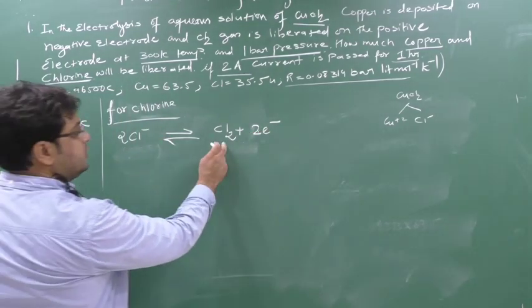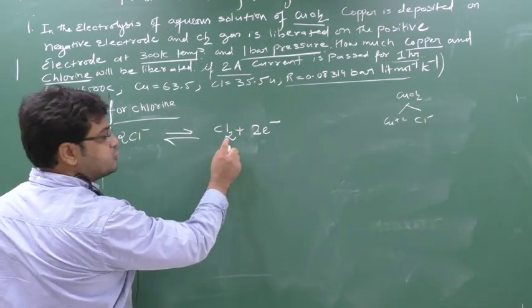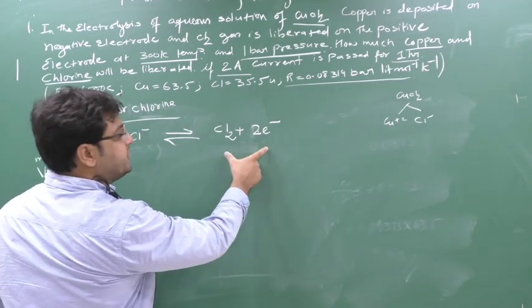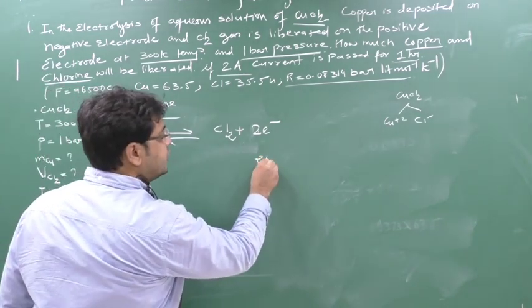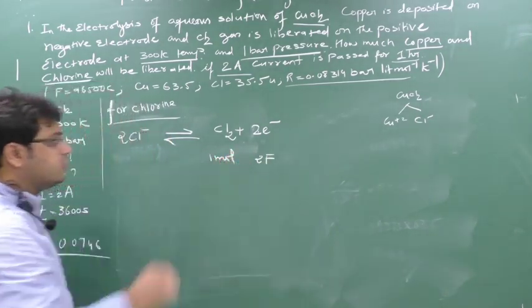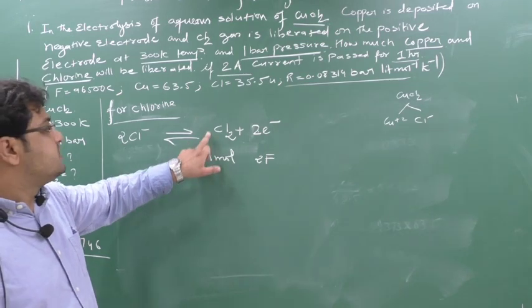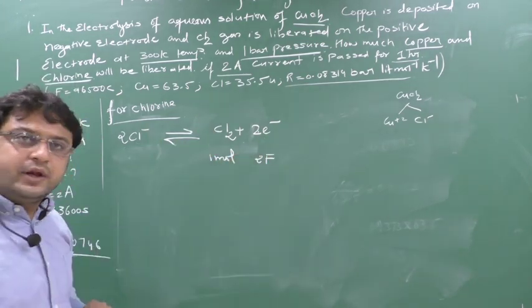Now I need this because this is a chlorine ion, and what is liberated is chlorine gas. So I have to develop the stoichiometry relation between these two. What will I write down? On supplying 2 electrons, which means 2 Faraday, I get 1 mole of chlorine. Yes or no? See, here how many moles are there? 1 mole. So on supplying 2 Faraday, I got 1 mole of chlorine.